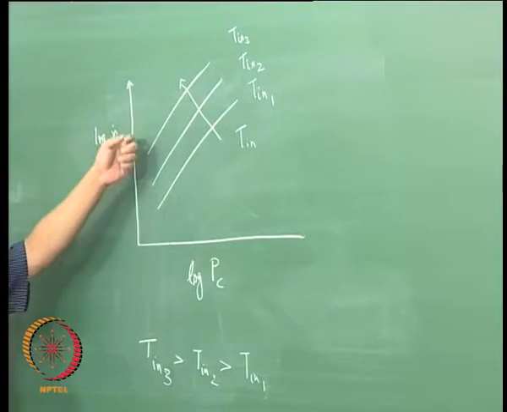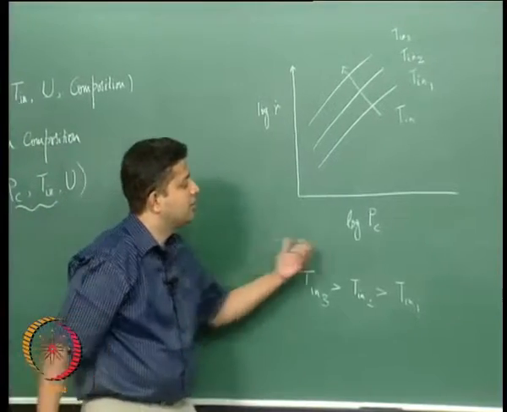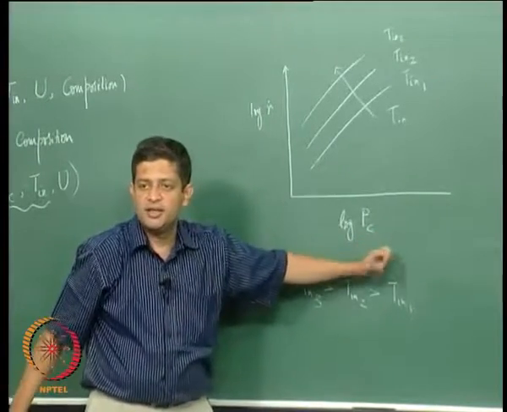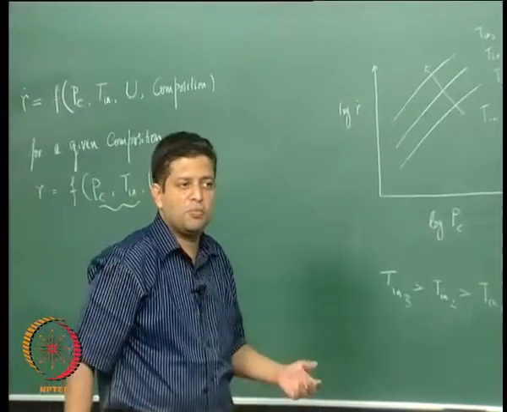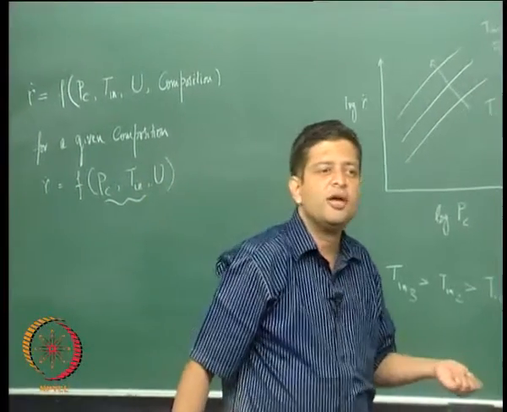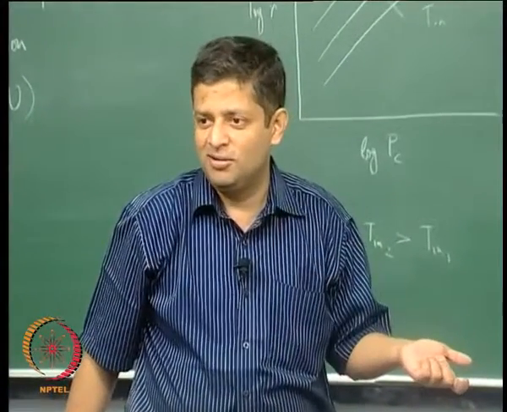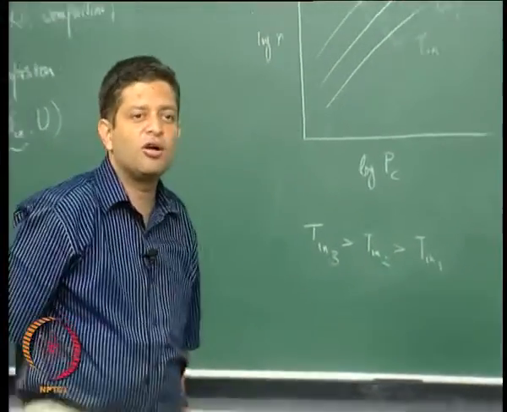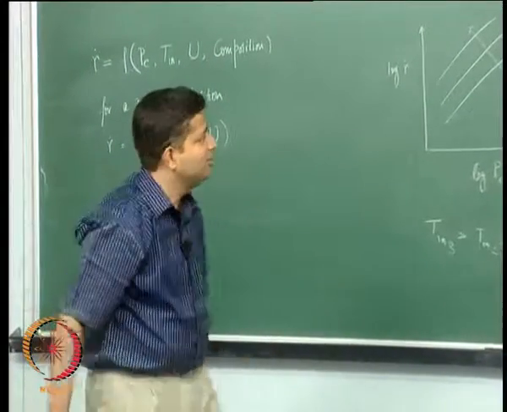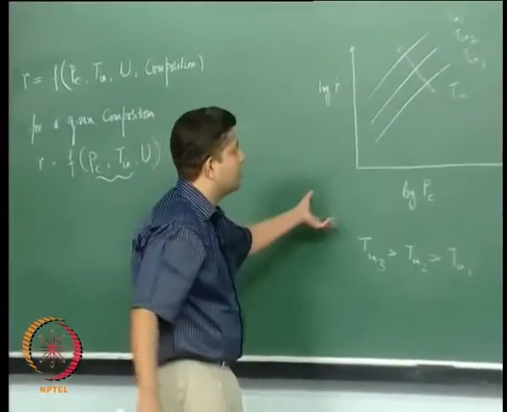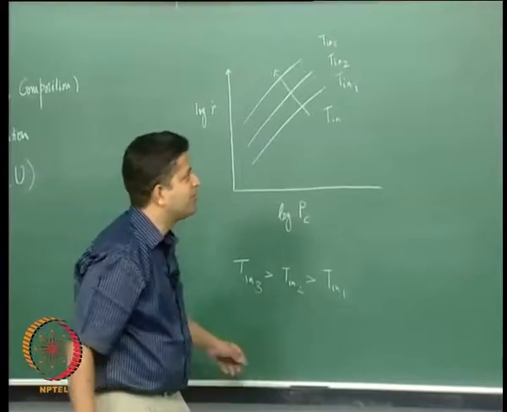So, the burn rates are seen to increase with increase in initial temperature, and they are also seen to increase with increase in pressure. Now, why on a log-log plot? Simply because if you have a variation that is following a power law, then when you plot it on a log-log scale, what you will get is a straight line. Okay. So, that is why these are plotted on a log-log plot, and we can get the expression for burn rate as follows.